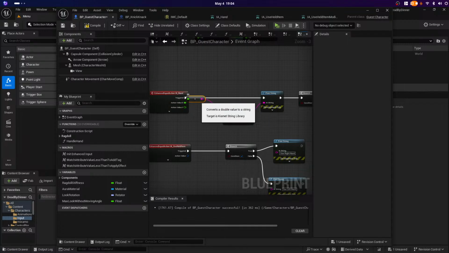X up top, Y down below. And a nice thingy in the middle. Compile, works, run,